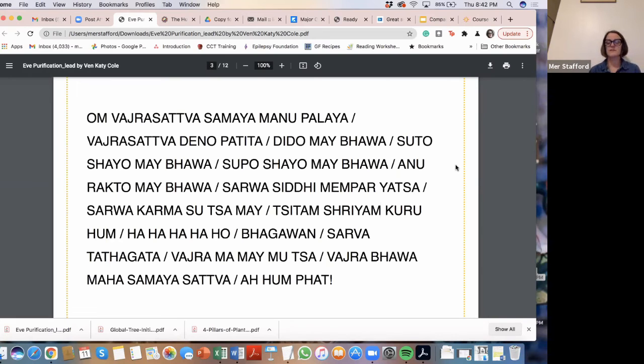Om Vajrasattva Samaya Manupalaya Vajrasattva Janopa Tita Dito Mebawa Sutokaya Mebawa Supokaya Mebawa Anurato Mebawa Sarvasiddhi Meprayatsa Sarvakarma Sutsame Shirim Shirim Kuru Ha O Bhagavan Sarvatata Gata Vajrama Memutsa Vajrabhama Samaya Sarva Ahum Pe Om Vajrasattva Samaya Manupalaya Vajrasattva Denopa